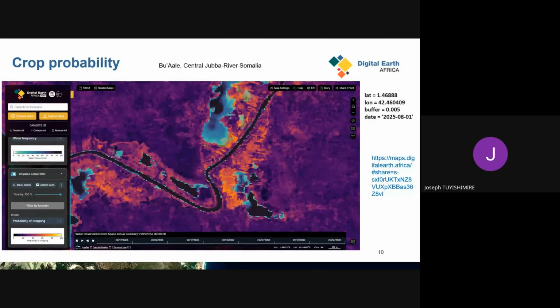That was the example of the probability of cropping that was overlaid with the water observation from space. It's a service that we use to mask out aquatic areas in a given area, and then you can still share the link with the team.